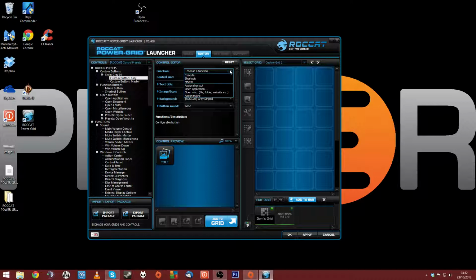So you can have execute a shortcut, you've got a macro, you can assign a shortcut, open an application, open a MISC file folder, website, etc., or assign a macro. Now, I'm just going to look at opening an application. You can assign your own and create your own icon and image. So I'm going to type in, I don't know,